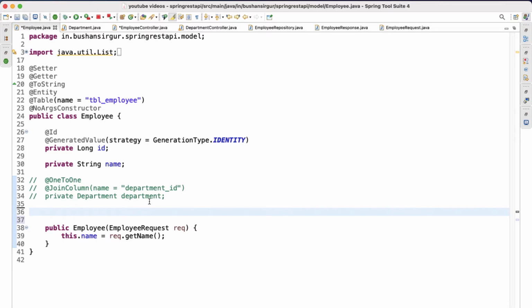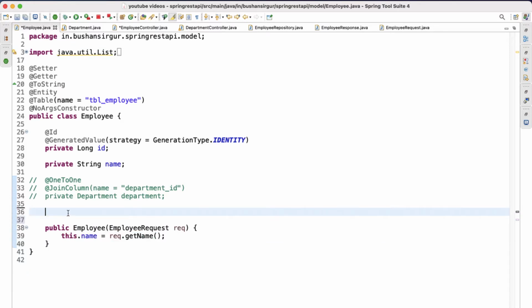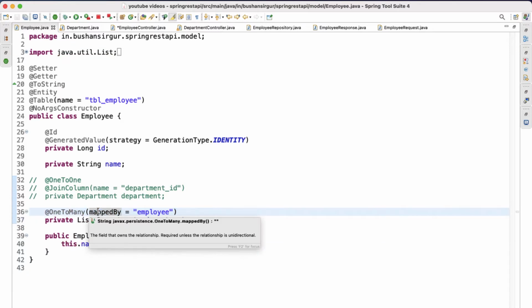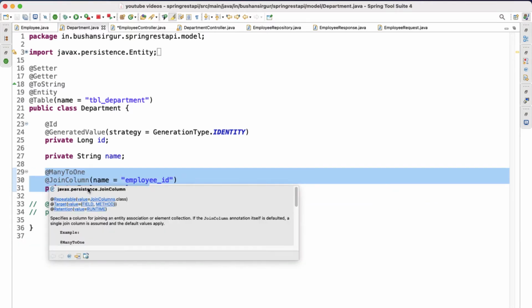In order to achieve that requirement, we are going to make the one-to-many bidirectional. So inside this employee, we are going to create a reference variable for the department. Let's see how we can do that. It will hold the list of departments, because we have already seen that inside the department, this will be the many-to-one, which means many departments will be associated to a single employee.